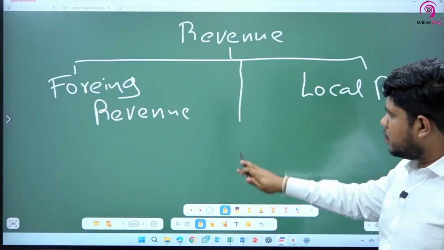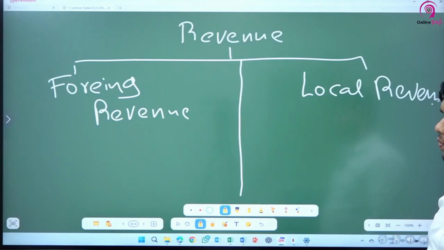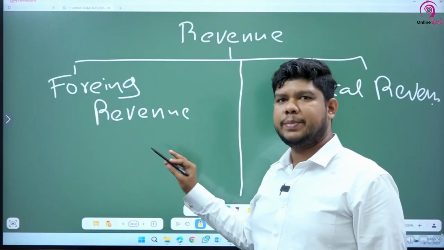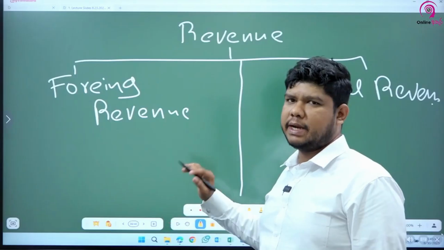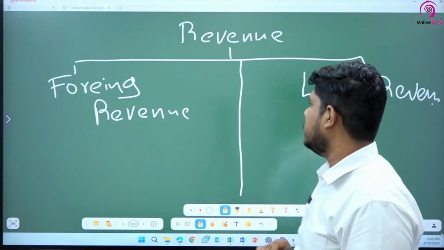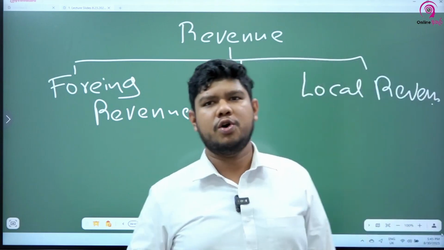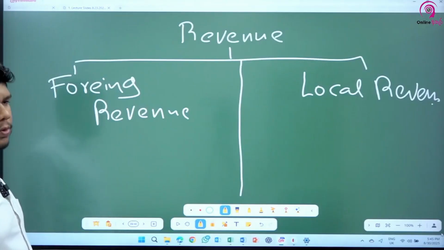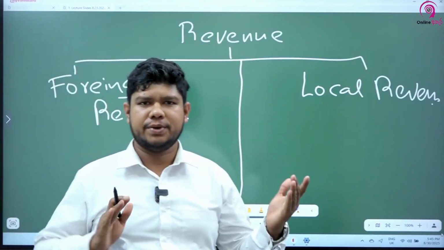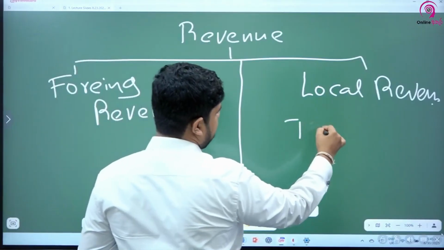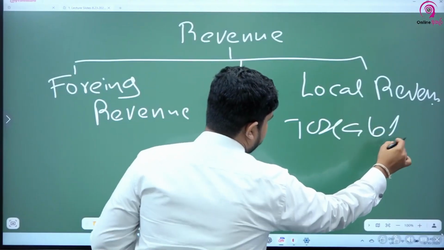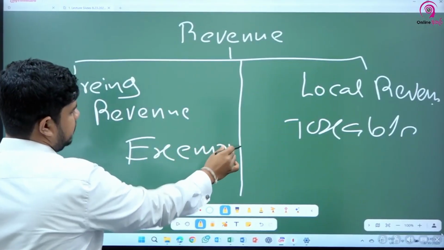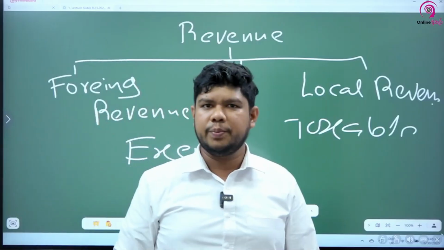Now the Act says, I'll show you, foreign revenue means foreign service income is exempted from tax provided it satisfies certain criteria, and local revenue is liable to tax at the normal rate, which is 30%. So now your business has two parts. One is exempt, one is taxable. Taxable, exempt. So you need to compute